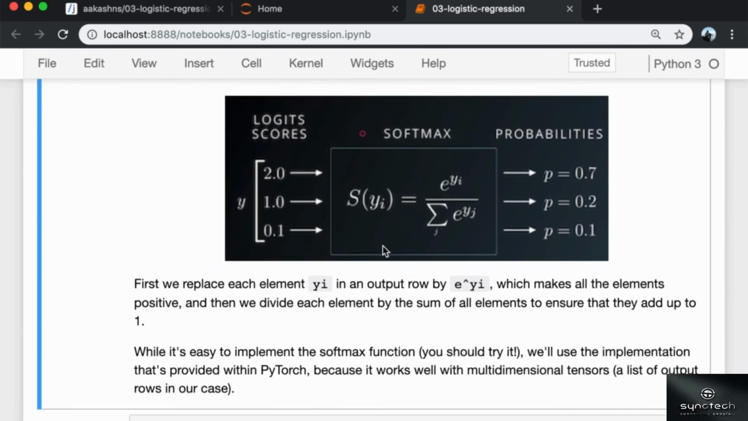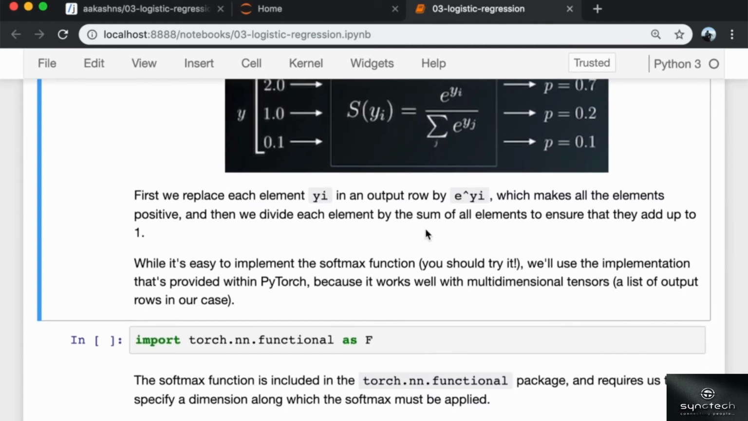So first we replace each element yi in the output row by e to the power yi, which makes all the elements positive. Then we divide each element by the sum of all the elements to ensure that they add up to 1. Now while it's easy to implement the softmax function, and you should try it, we will use the implementation that is provided within PyTorch because it works well with multi-dimensional tensors,